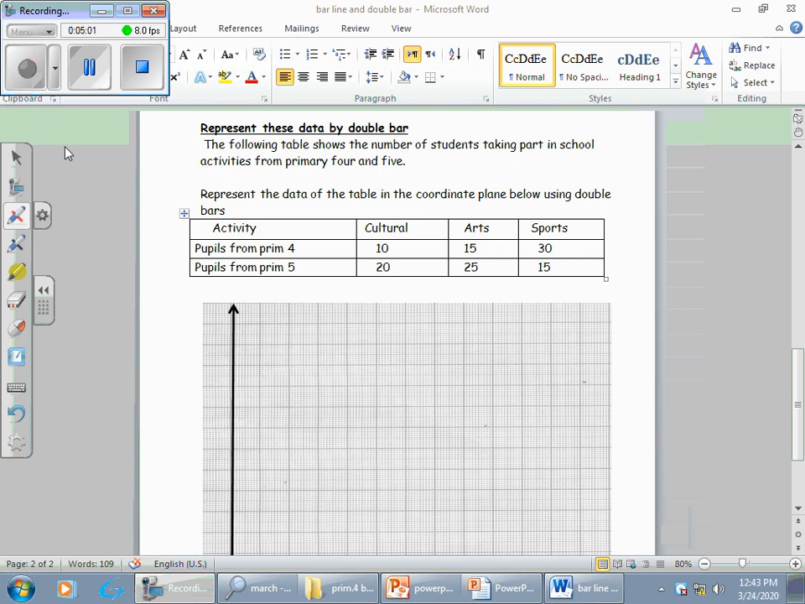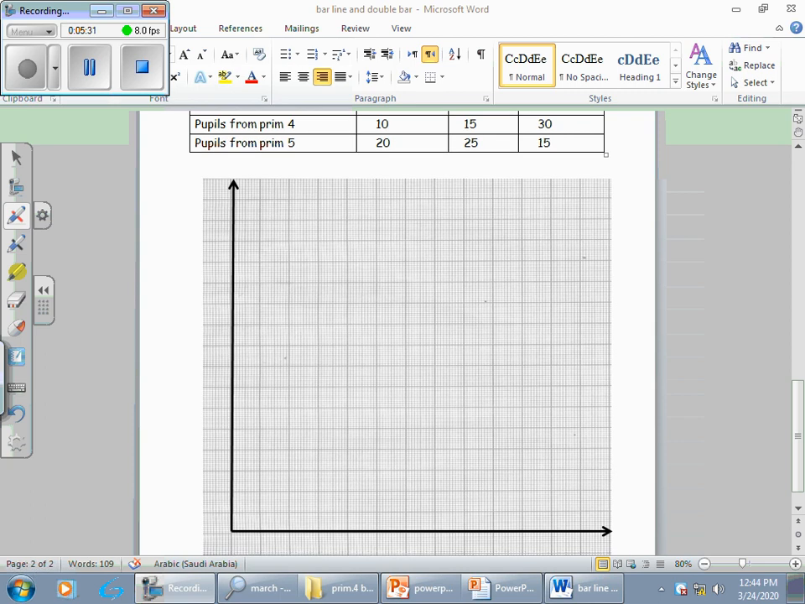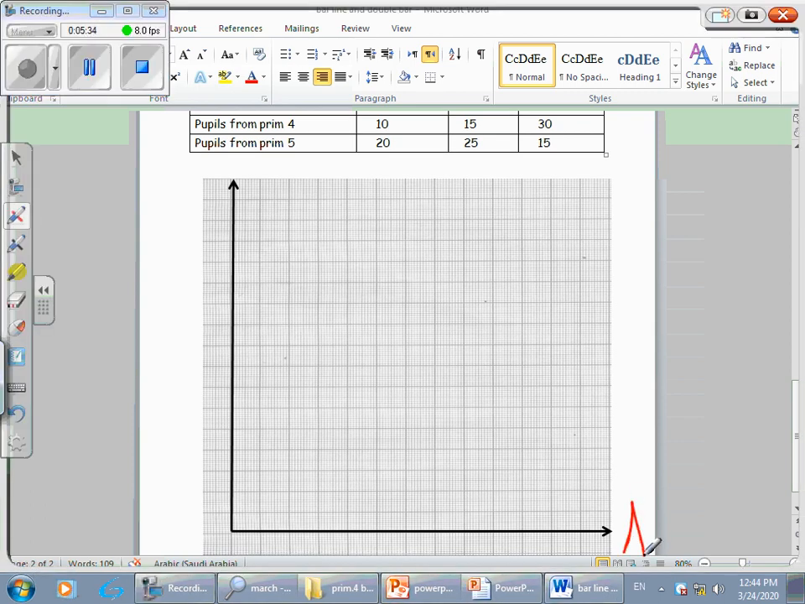Now, represent these data by double bars. The following table shows the number of students taking part in school activities from Primary 4 and 5. Represent the data of the table in the coordinate plane below using double bars. Let's start to draw the double bar line. This axis will be the activity. Write the word